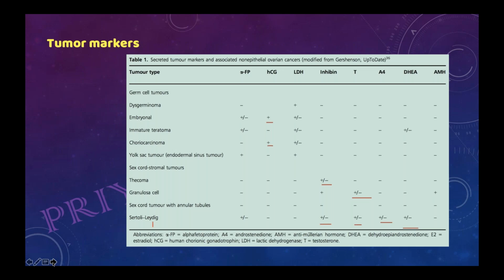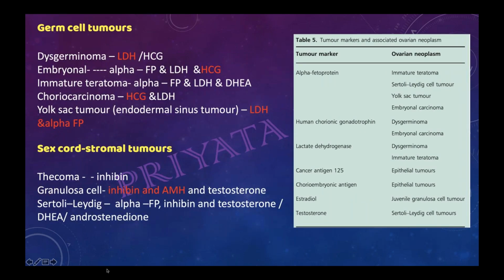Now again, you will get a lot of questions from tumor markers. This table is from that TOG only. In this format it becomes very difficult to remember, so I tried to put it in this manner so that it becomes easy to remember, because you have to learn this, as you get direct questions from here. This is for dysgerminoma,